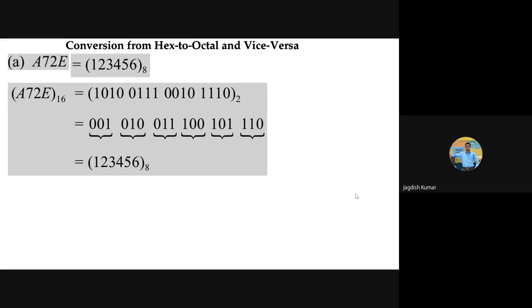How would we have done it? The best way to do this is to first write down this number in binary form. A set of 4 bits in the binary number system is called a nibble, N-I-B-B-L-E, nibble, and a set of 8 bits in the binary number system is called a byte. Anyhow, so what we do, we first write it in binary form, then from these we make sets of 3 bits,